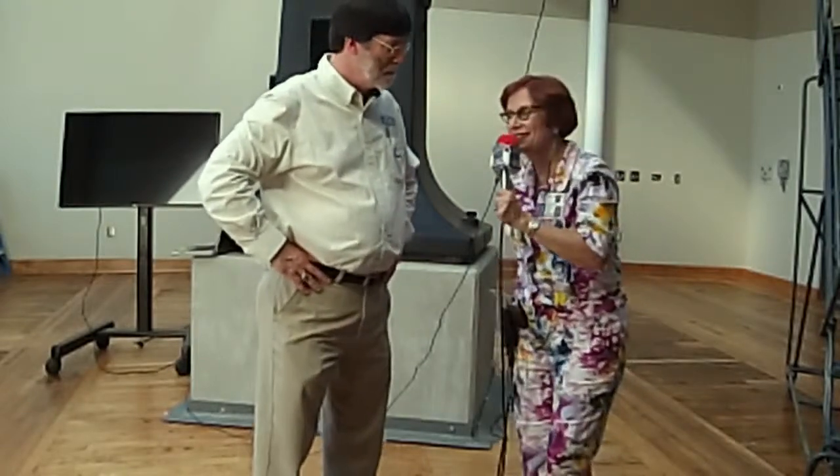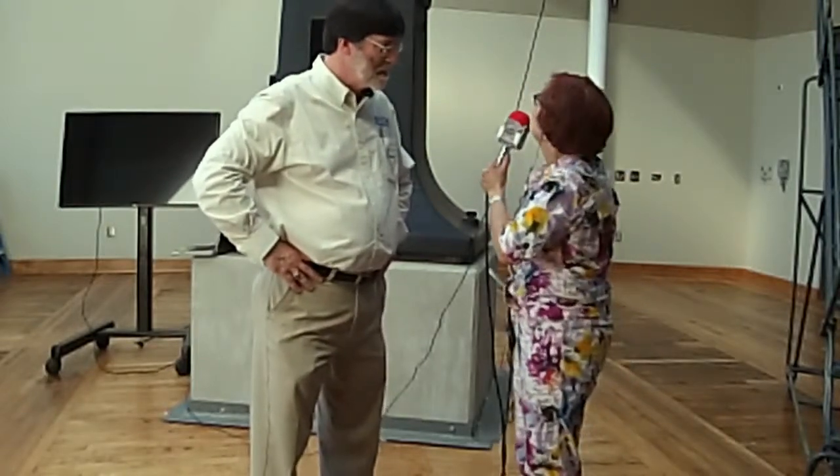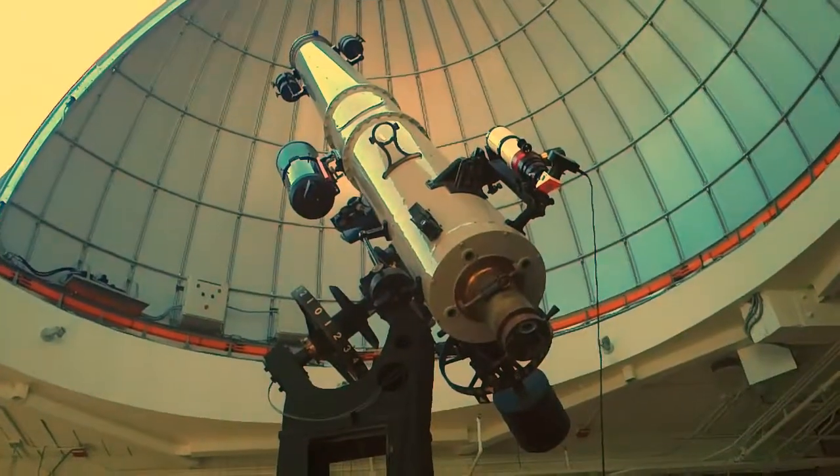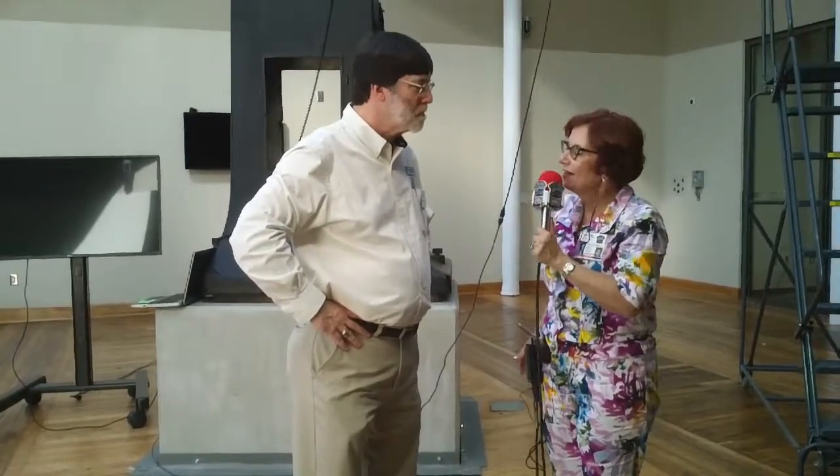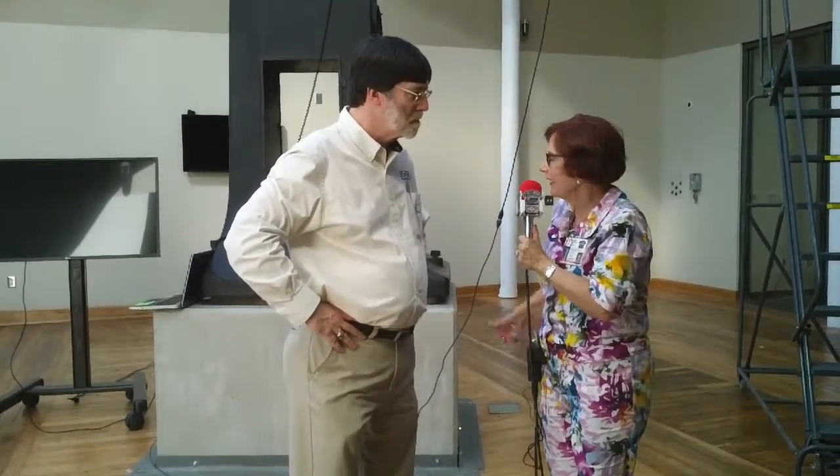Live from the South Carolina State Museum, standing right here in front of this huge 1926 telescope. I am here with Tut Underwood. He is in charge of public relations for the museum. We are going to have a tour of the museum, and Tut, I know you are just thrilled to have